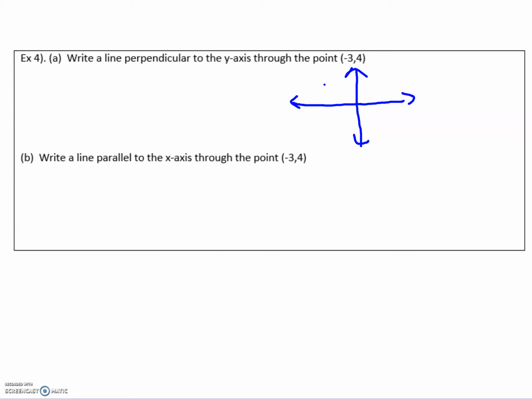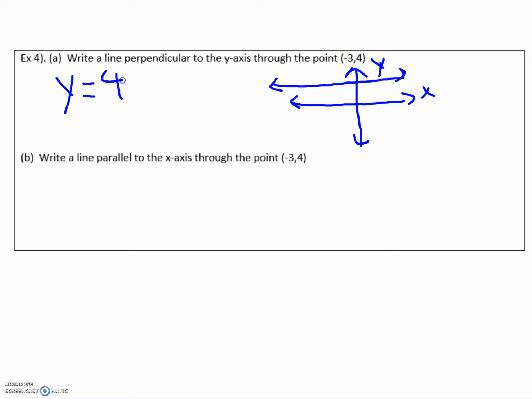And then I need a line that's perpendicular to the y-axis. So this is the x and this is the y. If I'm perpendicular to the y-axis, I'm a line that looks like this. If we think back to Mr. Slope Guy, this is a line that has a slope of 0. And again, it needs to go through this point. It cuts through the y. So it's going to be a line y equals, if you look at the point here,